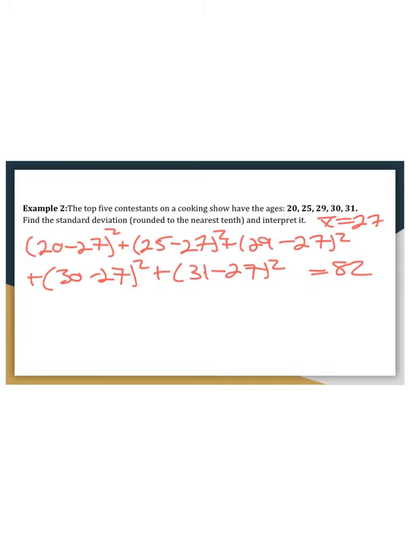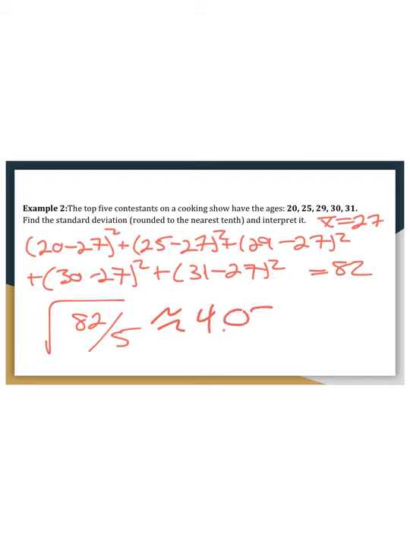All right, so just to remind you where we left off, we found our mean, which is 27. We subtracted the mean from each one of our terms to find our deviation. Then we squared each one of our deviations and added them all together to get 82. What we're now going to do is take that sum and divide by n. And in this case, n is going to be 5 because there are 5 different terms. And we'd also want to take the square root to help turn that into our standard deviation. And we get approximately